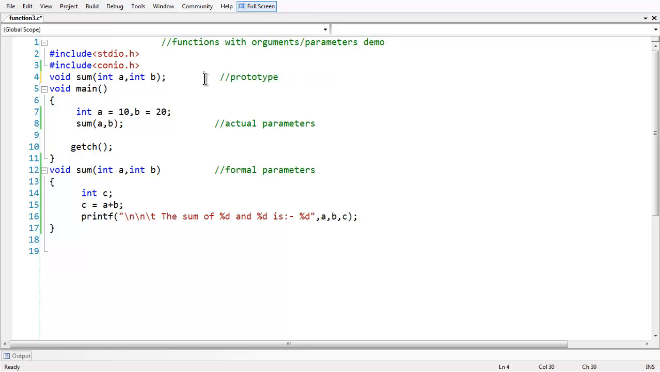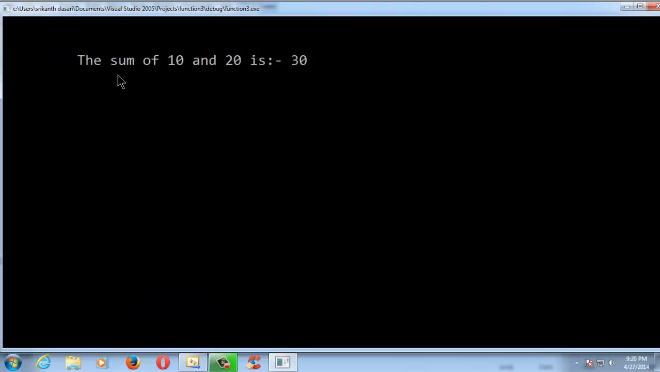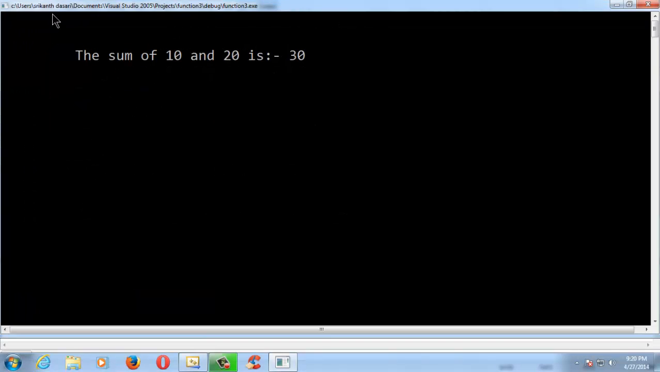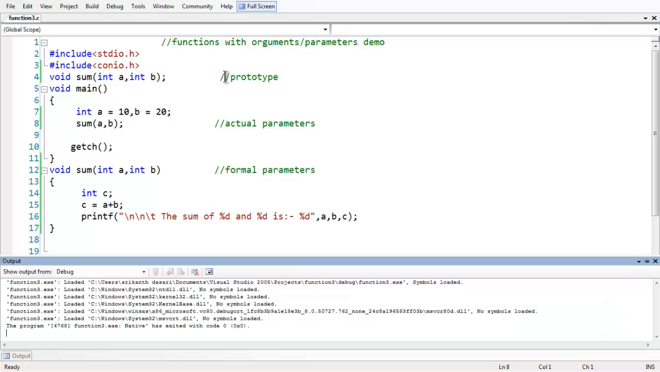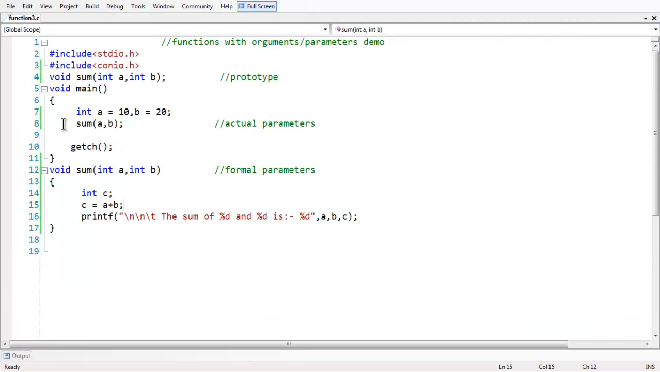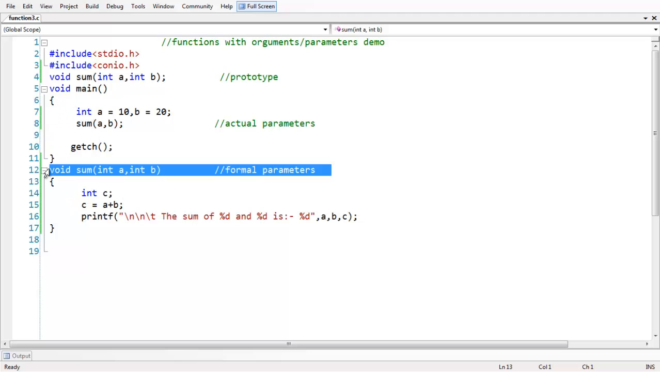Okay, so now let us save and run the program. If you see the observed output, we have got the sum of these two variables or values, which is 30, obviously. Okay, so since we have used this task to be carried out using a function